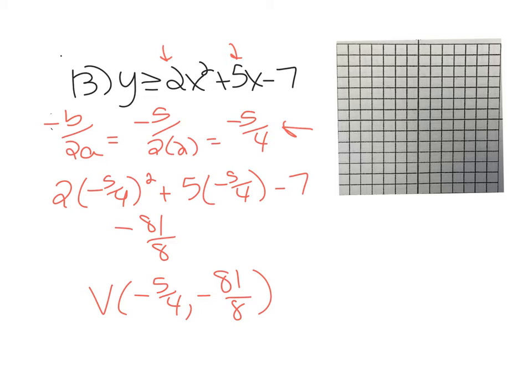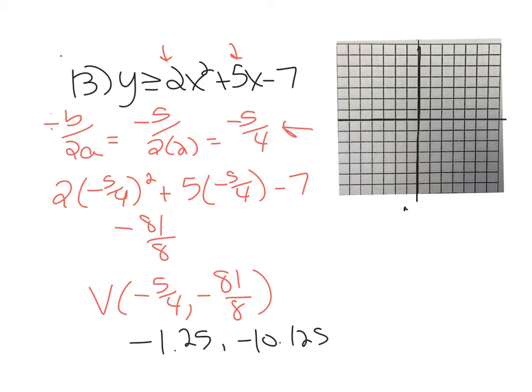Plugged it in for the x's down here on this line, and I got -1. I plugged it in my calculator. I got -81/8. So my vertex looks kind of weird, but it's -5/4 and -81/8. As a decimal, if you want to know what those are, that's like -1.25, and that's like -10.125. So that's my vertex. So I'm going to go over here on my graph. There's my x-axis. There's my y-axis. Actually doesn't fit, so -1.25 is somewhere down here,